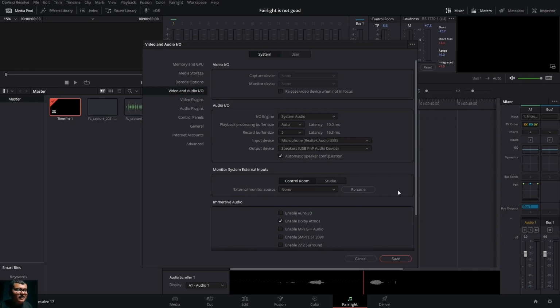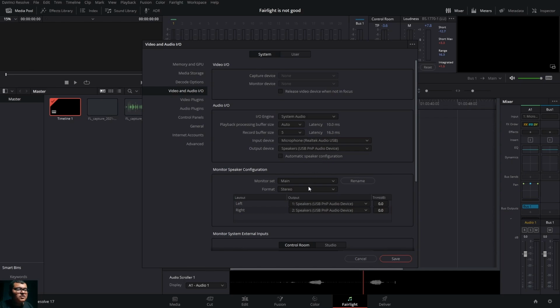Then automatic speaker configuration, that might mess things up a little. Mainly it's set to stereo. If you are having a 5.1 system, you have to do it manually. Sometimes what happens, for example, I'll select one more speaker system, which is Realtek audio.